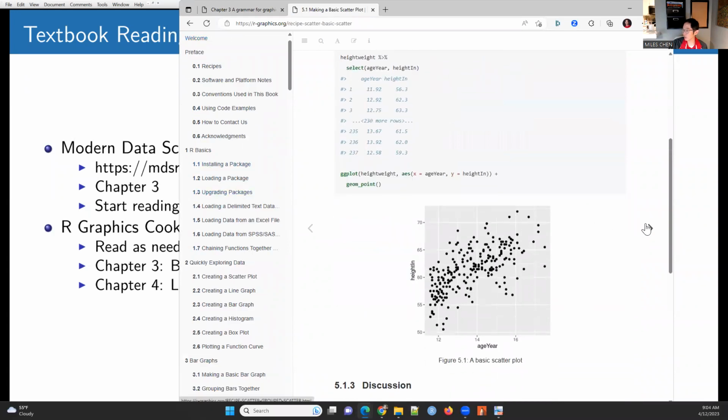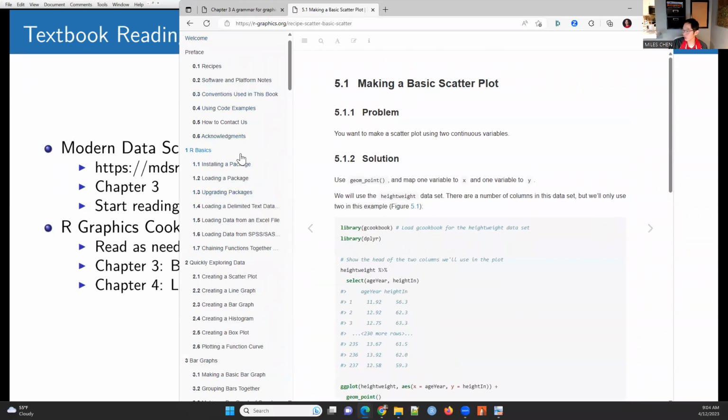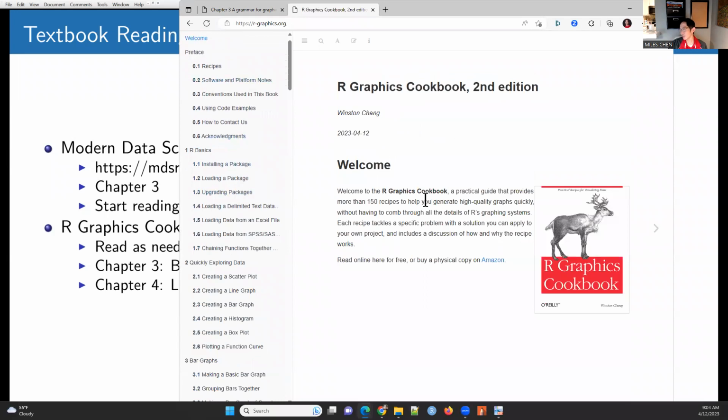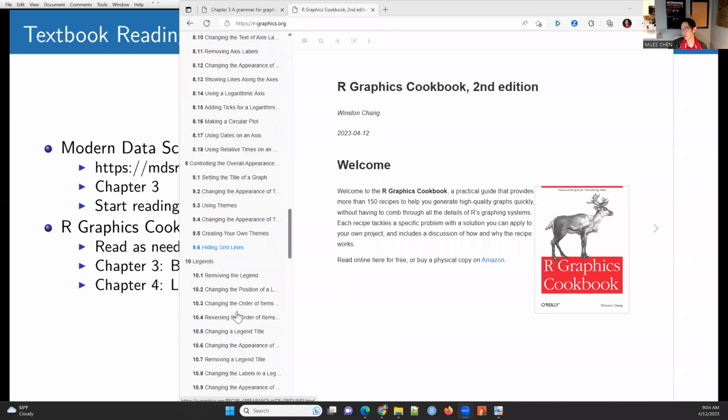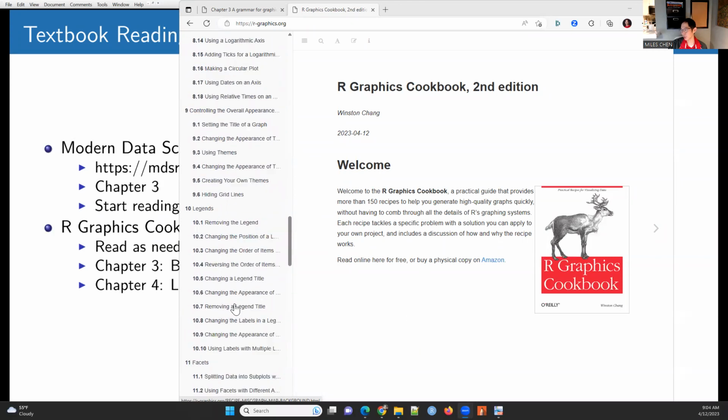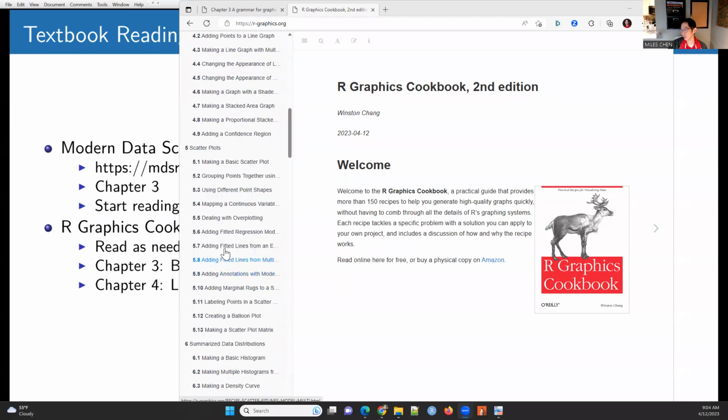Now this textbook, the R Graphics Cookbook, sure, you could read through it like you would a regular book, but I think it's one of those books that is better as a reference. So, as you're working on something, you go, oh, how do I do that one thing? How do I do that one thing? In the R Graphics Cookbook, you can look up,